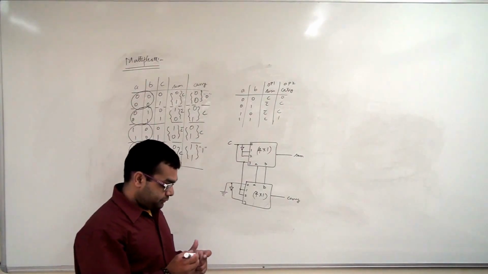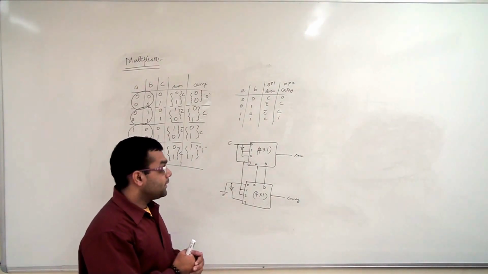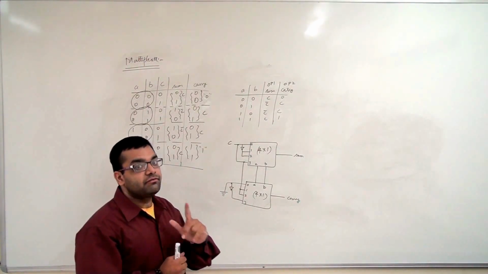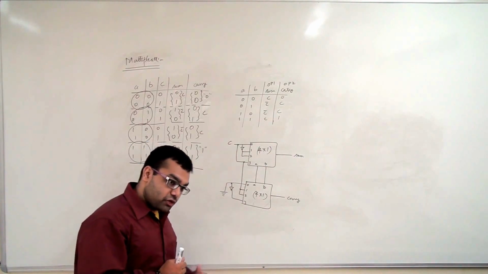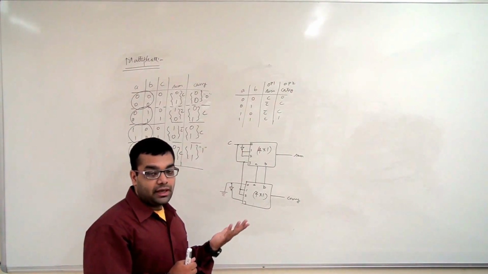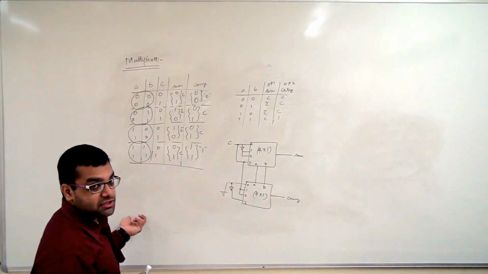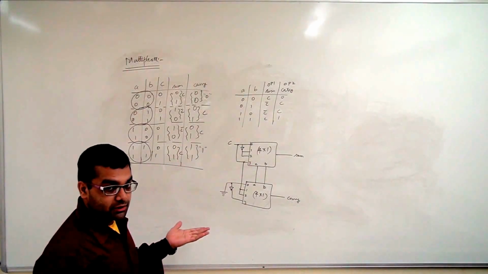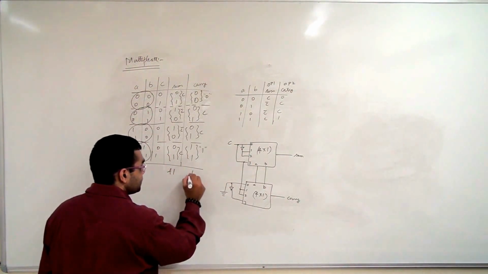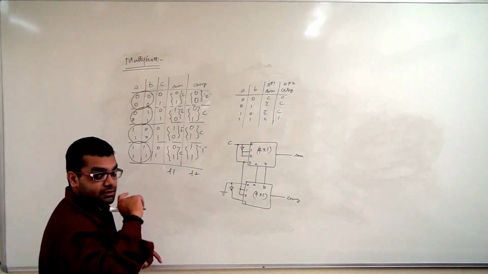Alright. So this is how we implement the function using the multiplexer. Clear? One multiplexer, one output or one function. So if you have n number of functions to implement, we will have to put in n number of multiplexers. We could have implemented the previous function that we have done using this method only, because this can be treated like function f1, function f2, and we could have generated a similar scenario.